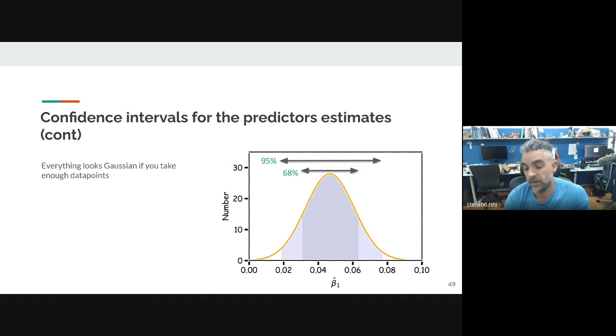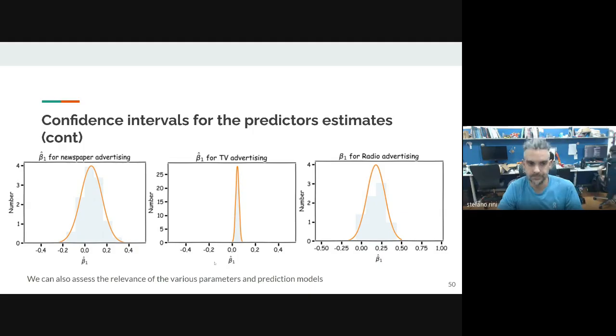So you know that if you are within 1 sigma from the mean, then that contains 68% of the probability. If you are within 2 sigma from the mean, then that contains 95% of the probability. And if you're at 3 sigma, then it's 99.9%. And so you know that the true parameter, as estimated from the data, will be with 95% probability within 2 sigma of the value that you have estimated, with this confidence interval. So if the sigma is very small, then you have almost certainty that the true parameter is going to be very close to the one that you have estimated.